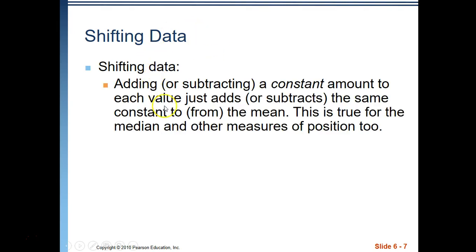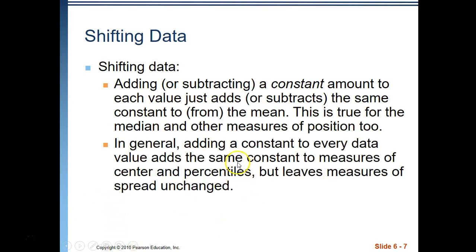So shifting data is the next step. We can add a constant amount to each value, just add or subtract the same constant to the mean. We discussed this one before, but this is another key item that they're going to hit on, and I want to make sure that you see it. This is true for the median and other measures of position too. In general, adding a constant to every data value adds the same constant to measures of center and percentiles, but leaves measures of spread, which would be like standard deviation,